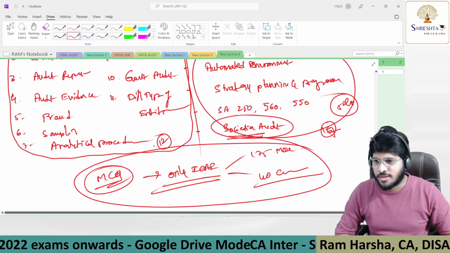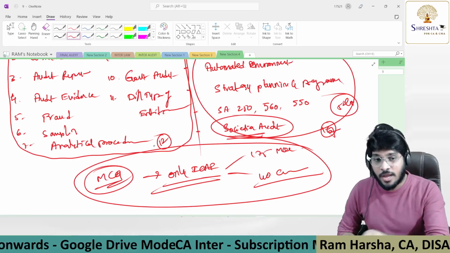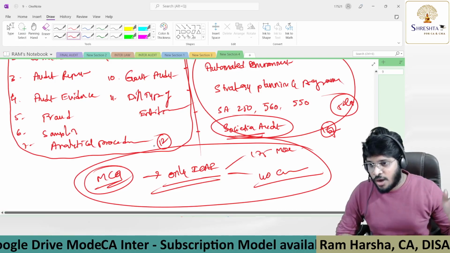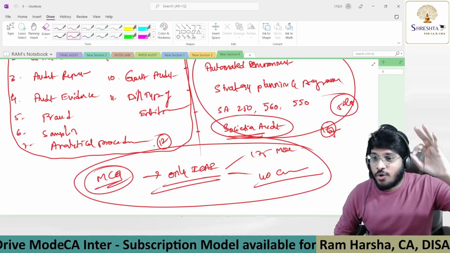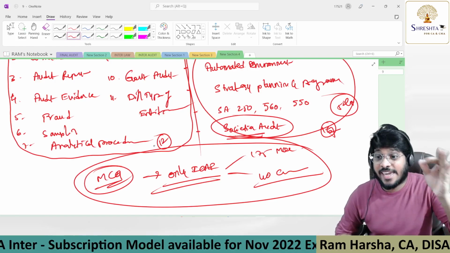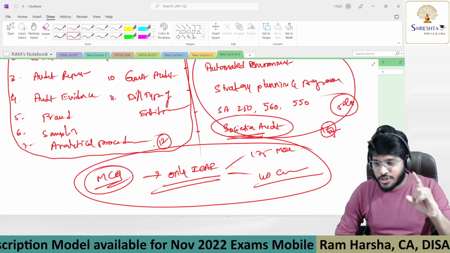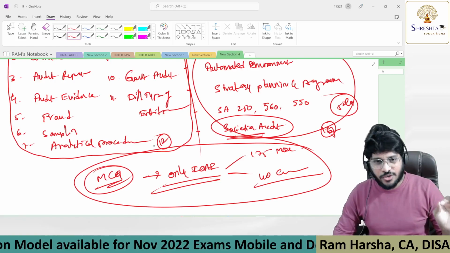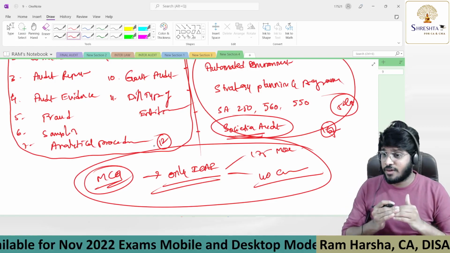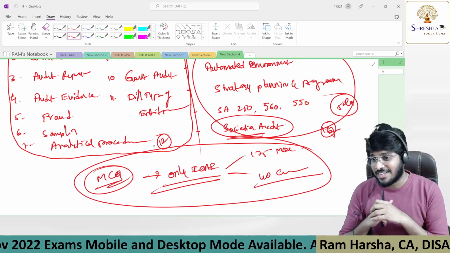Best interpretation. Whoever has done the ICAI MCQ booklet successfully will definitely score 25 plus marks out of 30 MCQs. That's my challenge. Whoever is following outside MCQ books and has never seen the ICAI MCQ book cannot even score, I am challenging, cannot even score 15 marks. The ICAI MCQ booklet is the best MCQ book which is available. So please use that. At least even after watching this video, if you have not yet gone through the ICAI MCQ booklet, please go through it.